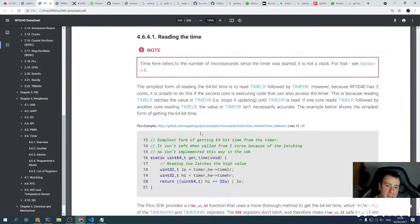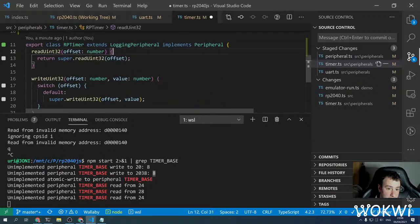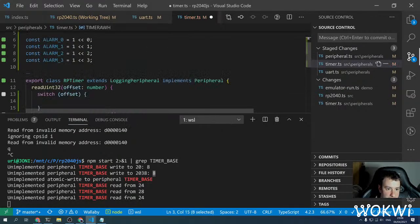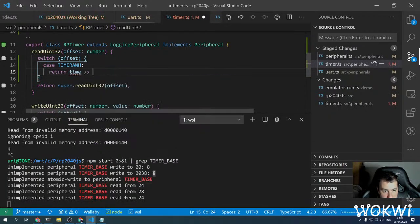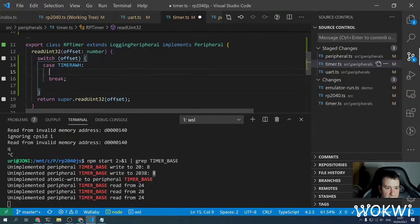Programmers module, reading the time. Cool. So yes, we can probably implement reading the time. Switch offset. There are 2 ways of reading the time. There are the raw registers. So this is the high part of time. Actually, no, we can't really do that because in JavaScript shifts are always 32 bits. So if we had the time and shifted by 32 bits, it means we are going to return,